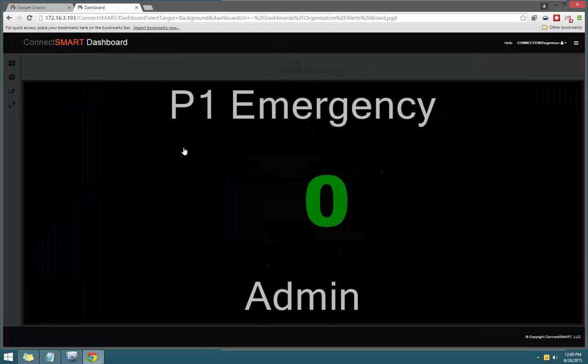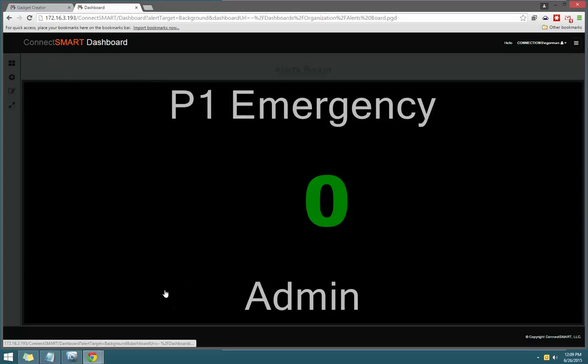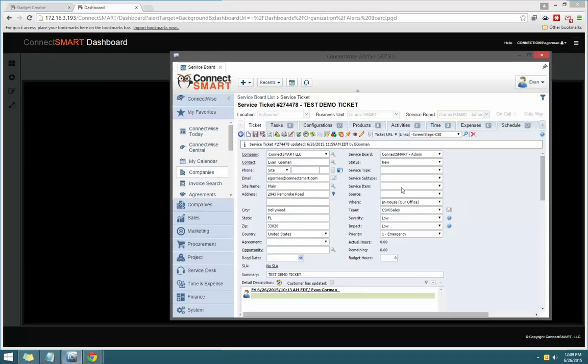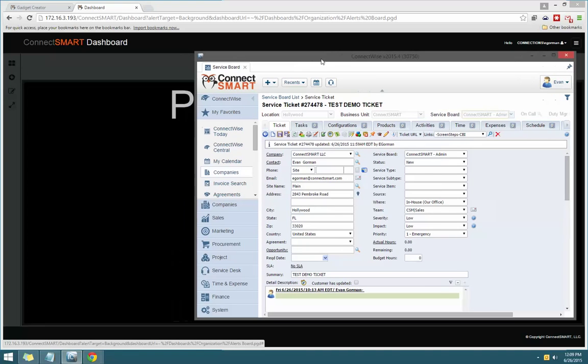Yes, we want to overwrite that. I already had one there, so that's ready to go. It's watching for a P1 emergency ticket on the admin board. Now I've got a gadget ticket already started here. If I flip this to emergency and hit save,